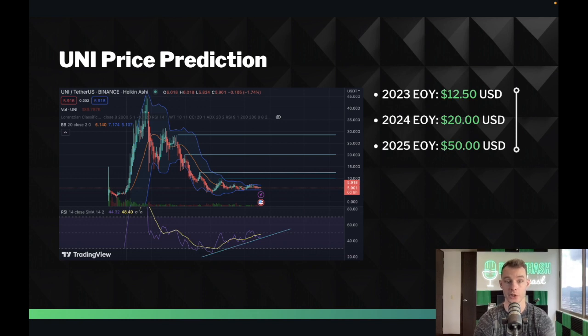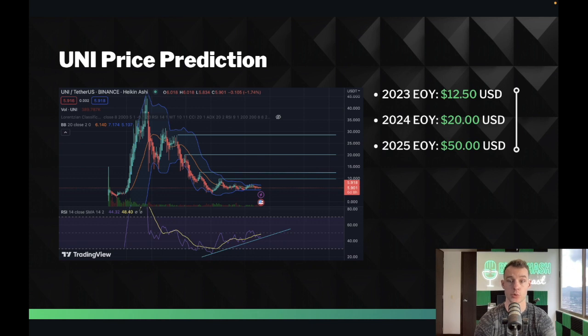I think by the end of the year, we've got a couple big resistance areas. Bollinger Bands have not shown that we've broken up as of yet. However, the RSI is pointing up and trending up, which is a very good sign. So I think by the end of the year, there's a good chance that we could get a nice relief rally out of Uniswap, and we could move towards the $12.50 mark. If we can make it to the $12.50 mark this year, which again, I believe we will, we'll have a good shot at having a solid